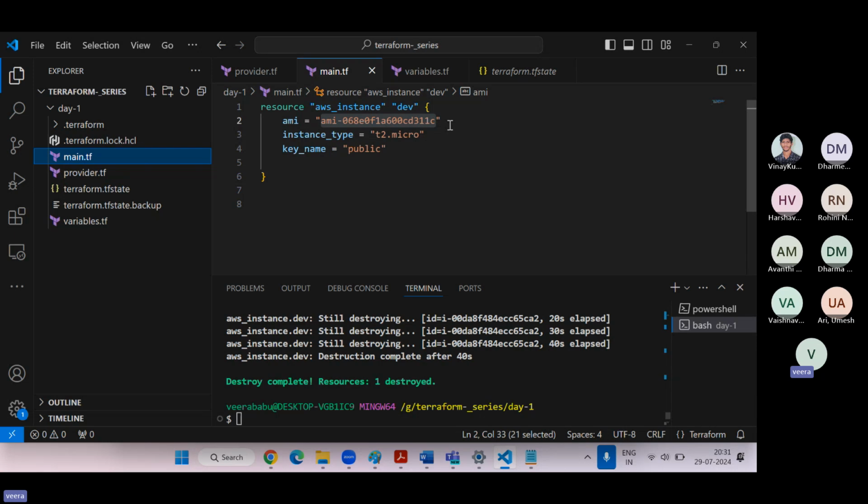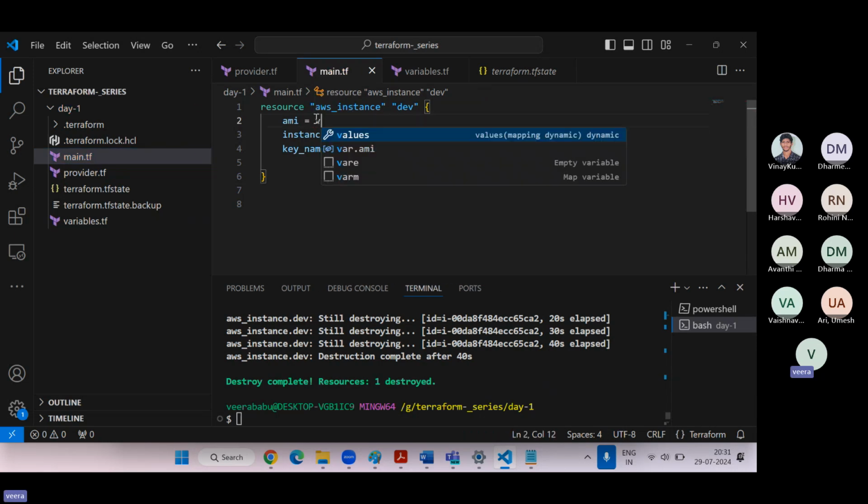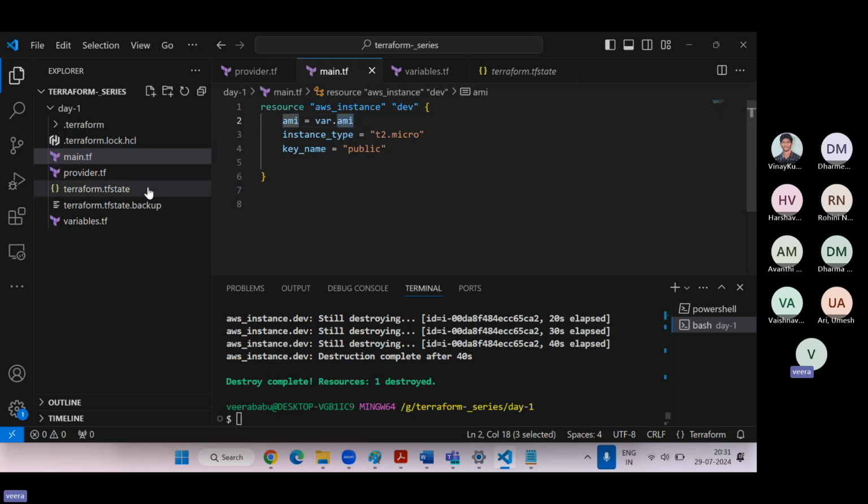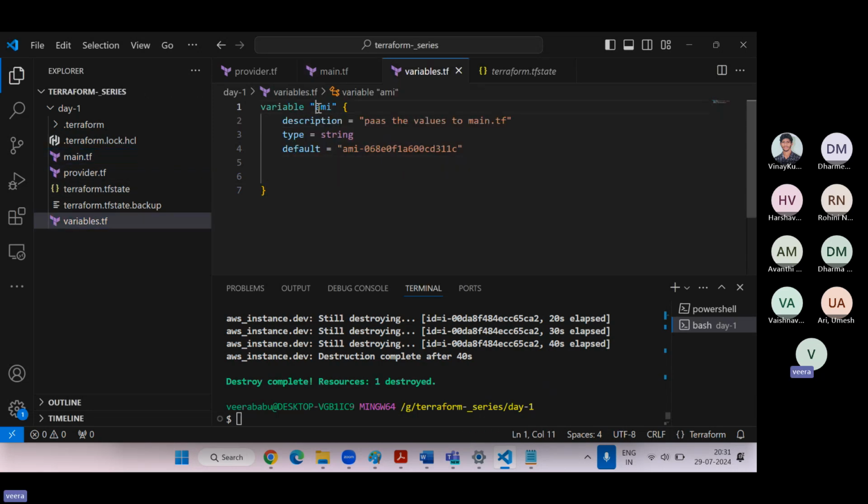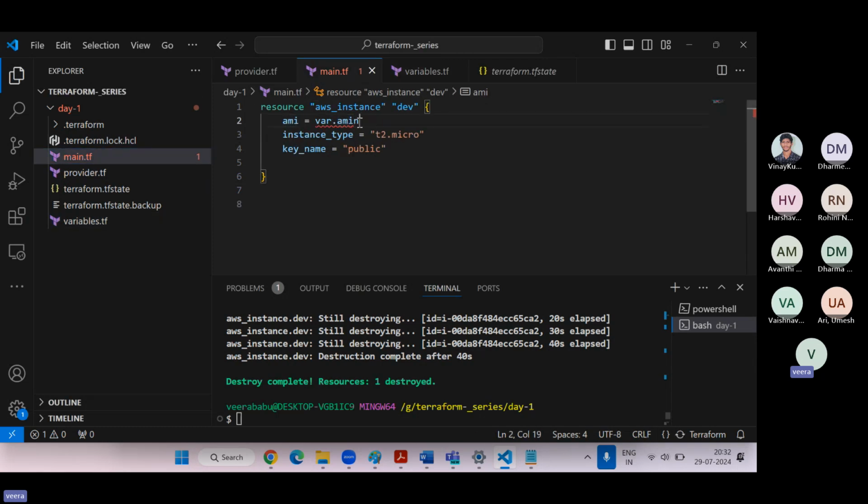How to call? Simply you can remove this and write var.ami. So this AMI I'm giving as the AMI name. If you change the name, for example, something else like this, here also you have to change the AMI name.